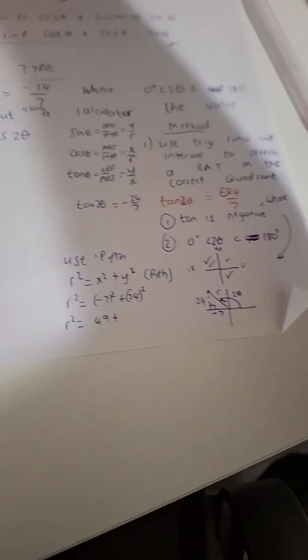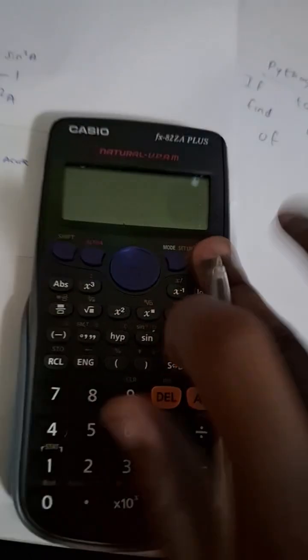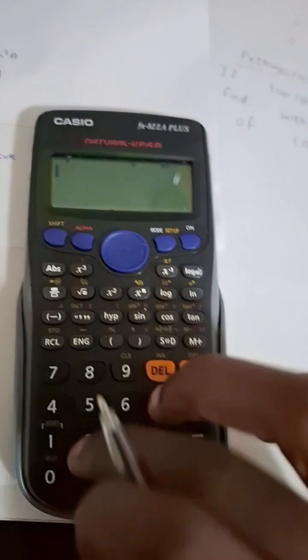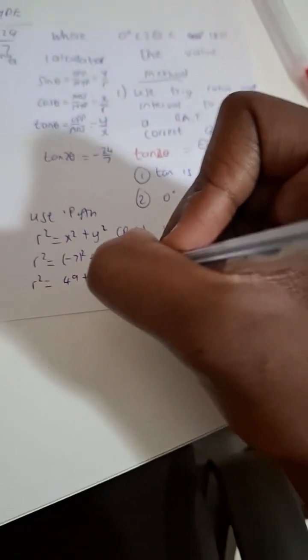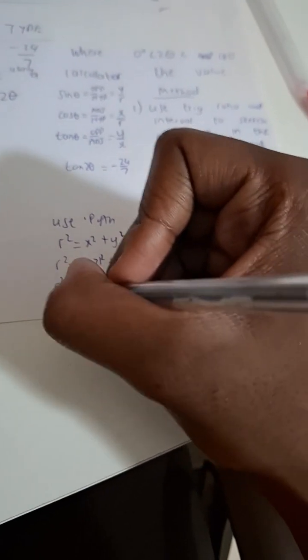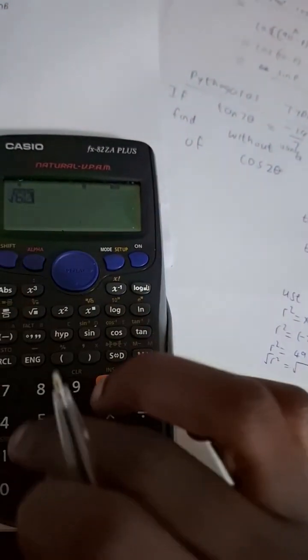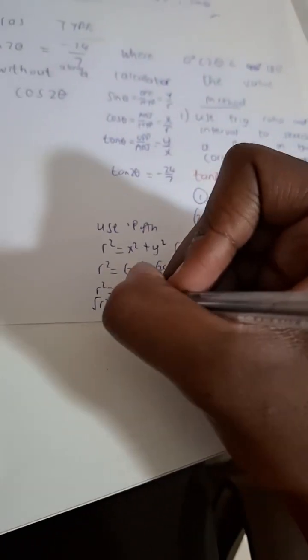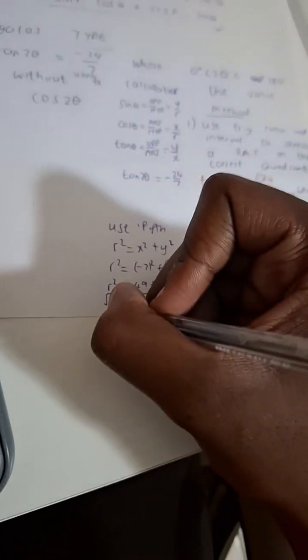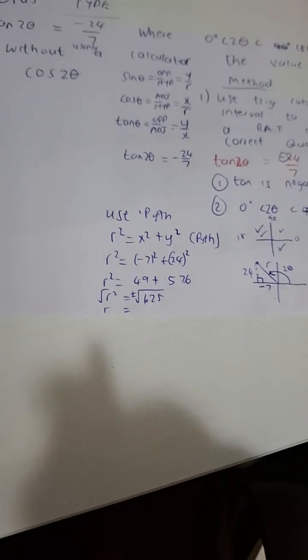It's 49. 24 squared. We use our calculator very quickly. 24 squared is 576. Then what do we do? We take the square root on both sides. 576 plus the 49 is 625. We square root the 625. We get 25. So we write plus minus whenever we take the square root for an equation, but we know that r is